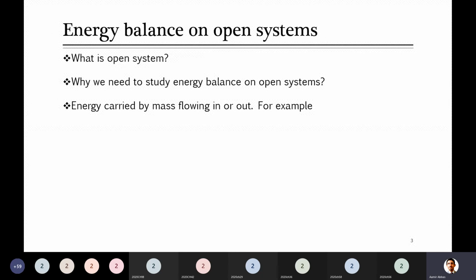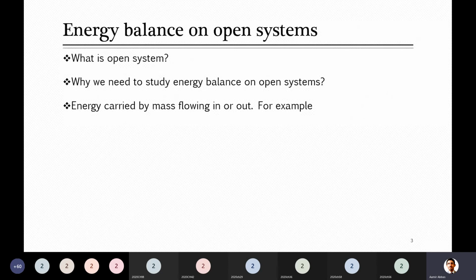Work and heat. Good. Yes, work and heat are only two forms in which energy can get in or out of the system from a closed system. But look, when you have an open system in which material can come in and leave, kinetic energy will be involved, potential energy as well, and internal energy will also be part of those equations. So let's look at this.